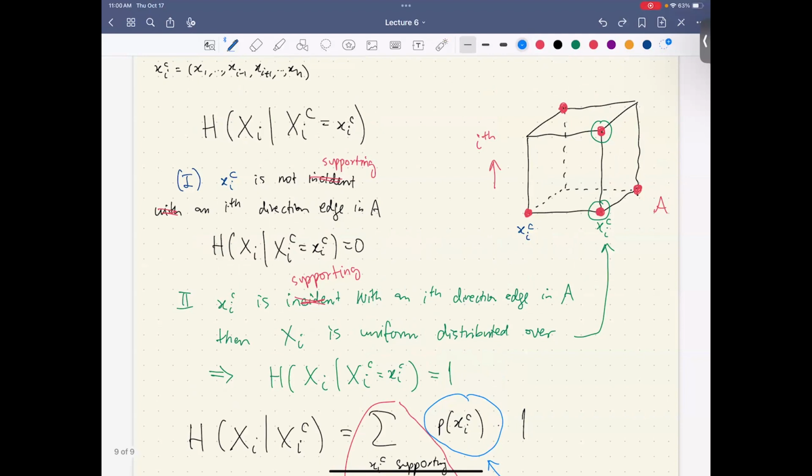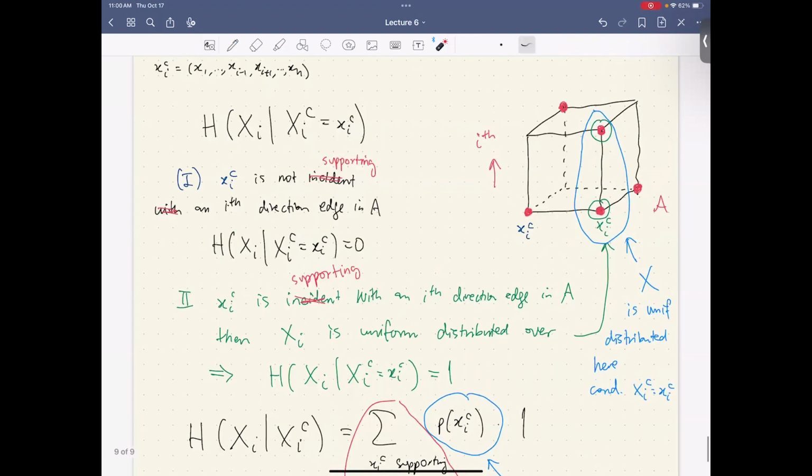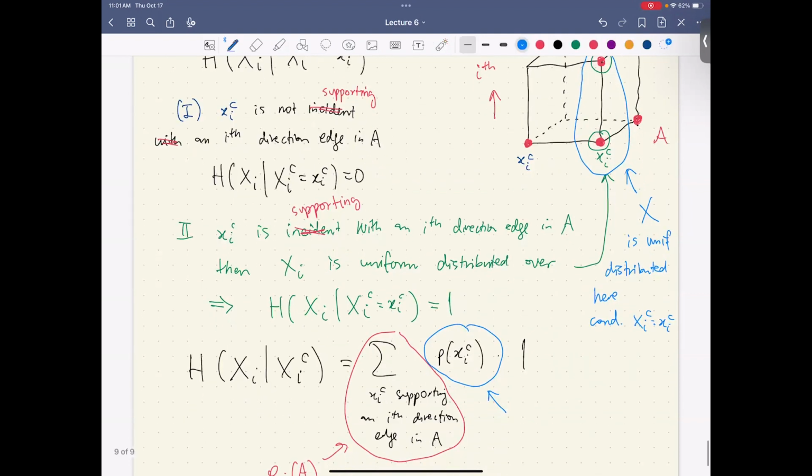So this means, conditioned on x_i^c equal to little x_i^c, where it supports an edge, x is uniformly distributed here. So the probability of this is 2 times the probability of a vertex in A, which is 2 p(x) for x in A,